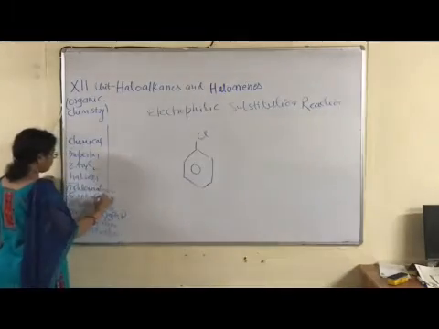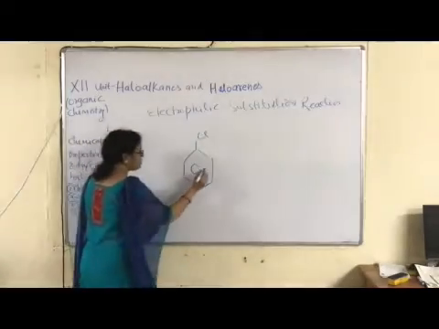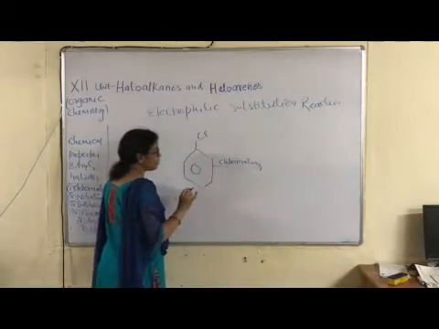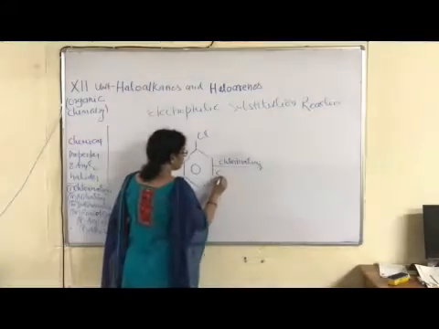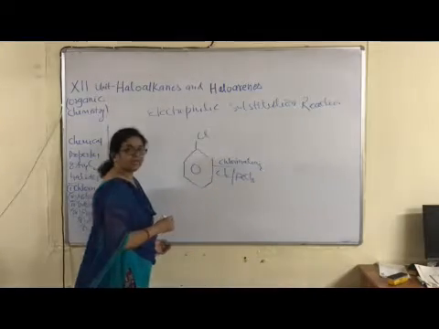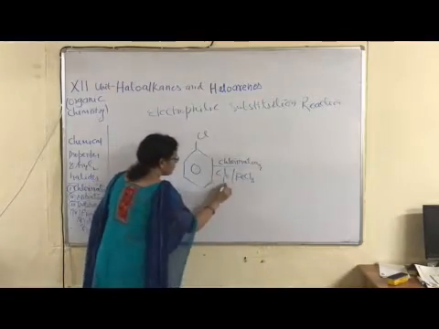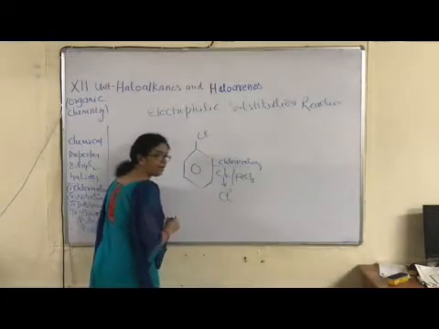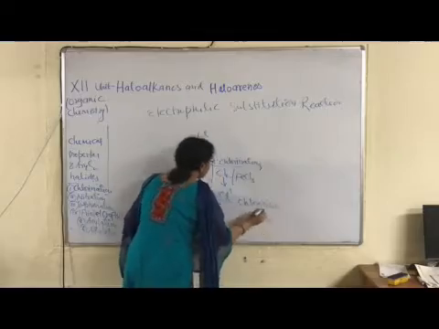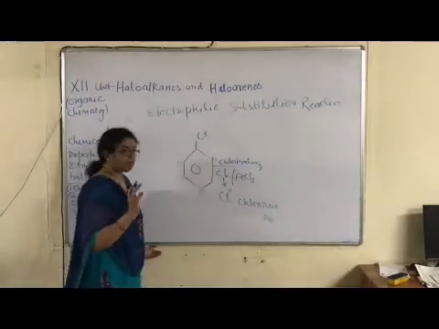So first is the study of chlorination. Chlorination of halide means reaction with chlorine. Reaction of aryl halide with chlorine is known as chlorination. For chlorination, what is required? Chlorine gas and a Lewis acid, an electron deficient molecule. When Lewis acid is taken, then what happens? Formation of chloronium ion, which means positive ion of chlorine. You know, ortho and para positions are electron rich positions.